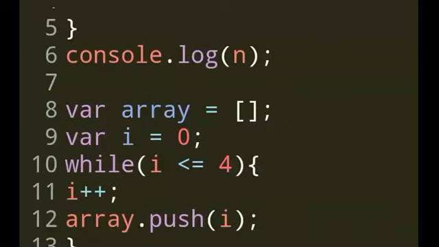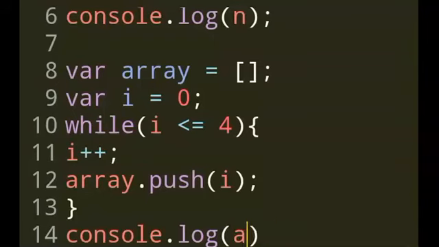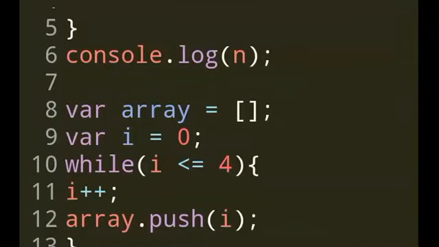Console log for array. That means first increment i, executing the code block inside, which is incrementing i until the point where i is less than or equal to 4. Until the point it's equal to 4, in other words. The moment it's more than 4, you have to stop. It will terminate the loop. So let's check it out.